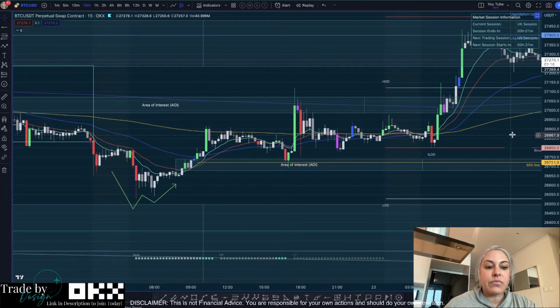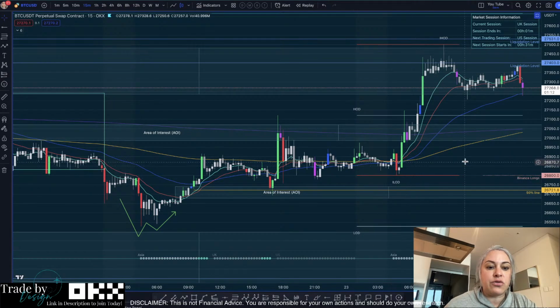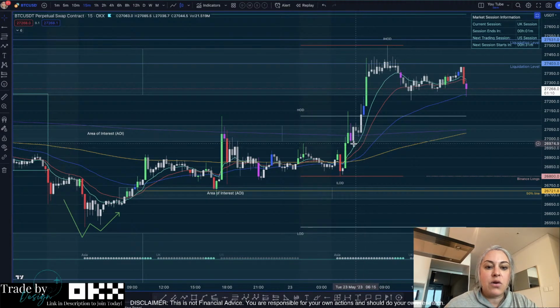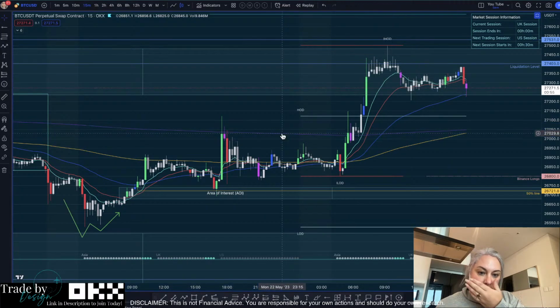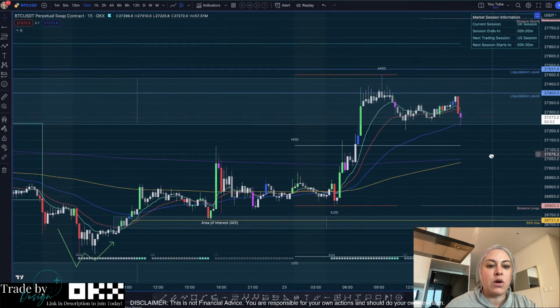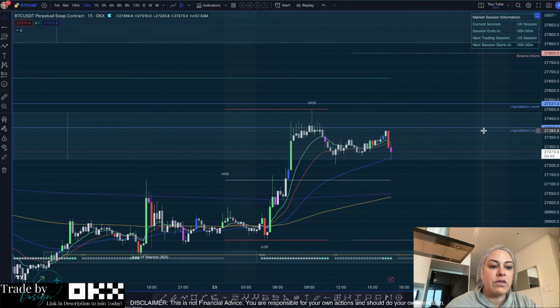So following on from that, obviously Asia gave us our next rise today, and we came straight for the liquidation level. Now, we talked about this level on Sunday's update at 27,403. That was our first condition. Now I'm going to get rid of these because I want to zoom out and I want to show you these three levels that we talked about, which was 27,403,